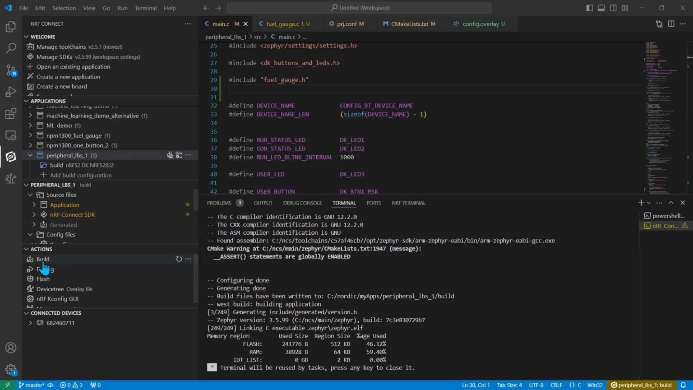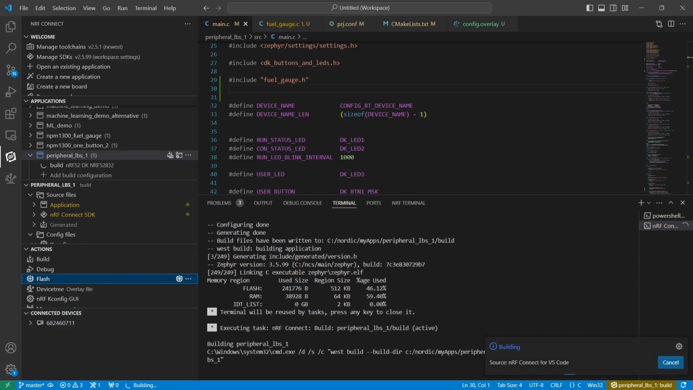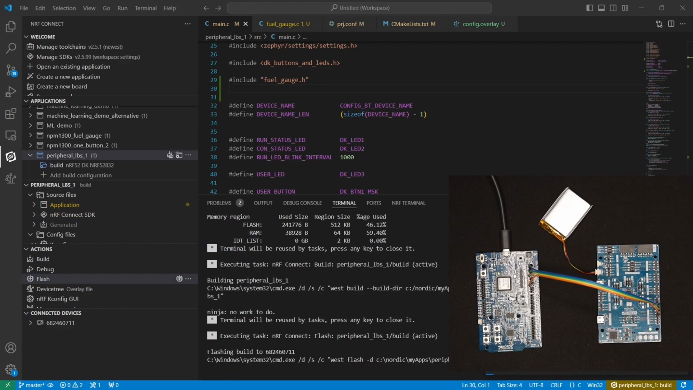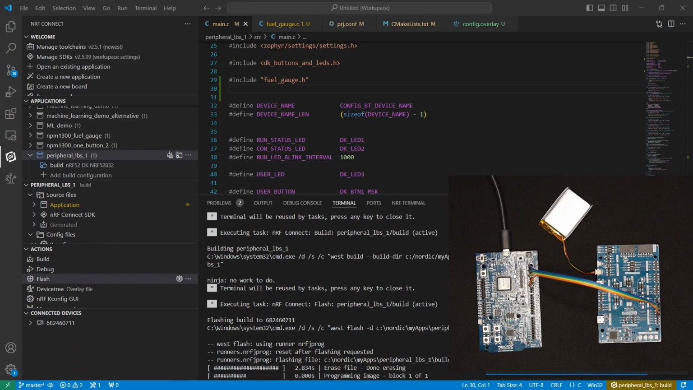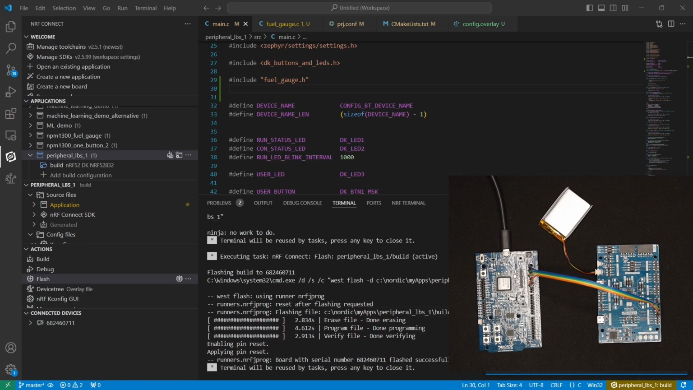And then we can program this back into our dev kit setup. And if we now connect to the terminal of the dev kit,